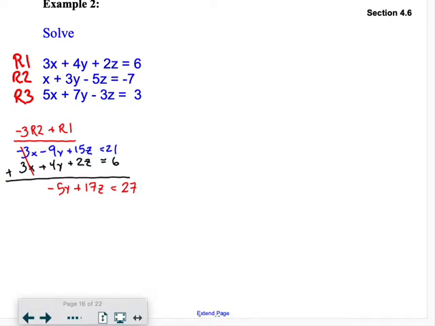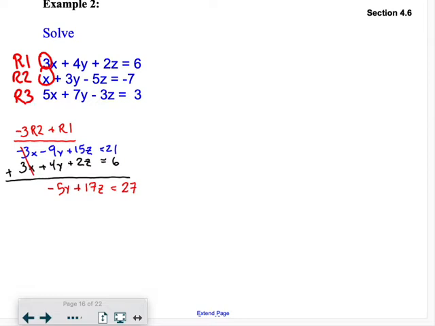So now I need to eliminate x, but from row 1 and 3 or 2 and 3. So I'm looking at it and I see a 3 here and a 5 here. I don't really want to work with row 1 and 3. I'd have to multiply both equations, so I'm going to get rid of that. But I do see a 1x and a 3x, so I could easily make row 2,